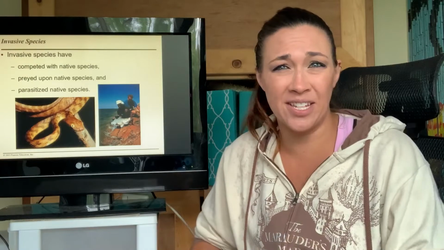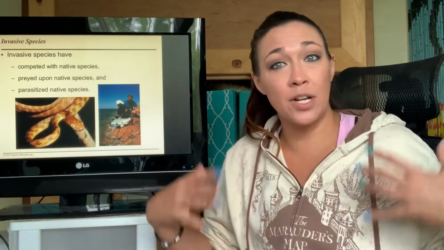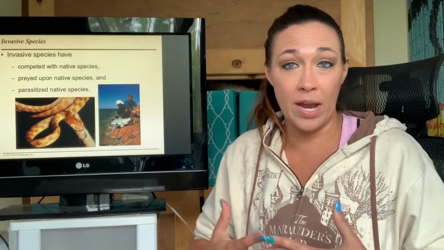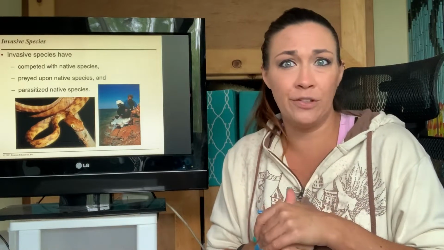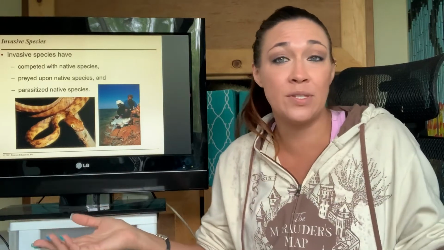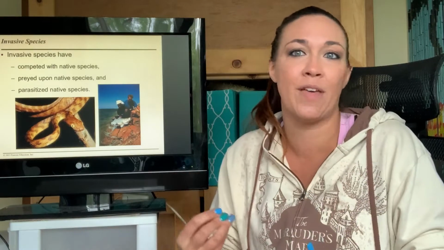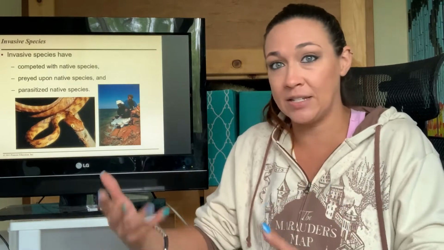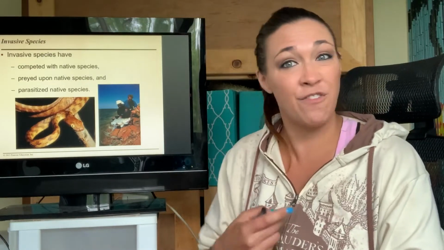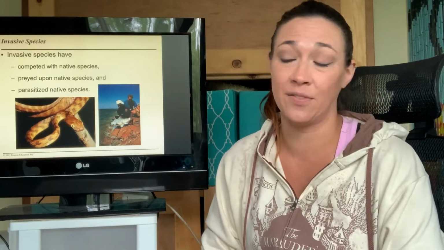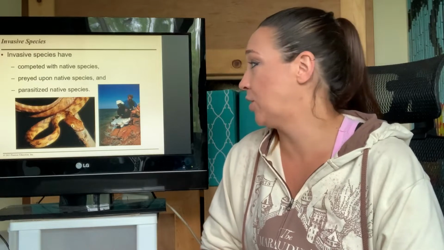And sometimes they parasitize them, right? Normally, organisms have these immune system ways of dealing with parasites and infections and stuff like that. But if it's totally foreign and new, we have no immune system against it. We have no way to get rid of that, or even for our body to prevent it. So, you know, they can eat them, they can parasitize them, they can infect them, they can do all sorts of really nasty stuff. So invasive species, not good.